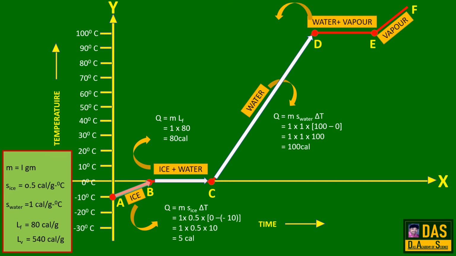Similarly, finally, observe between D and E. Here, there is no change in temperature, but there is change in the state of the matter. So water is converting into gaseous state, that is vapor. So here we use,